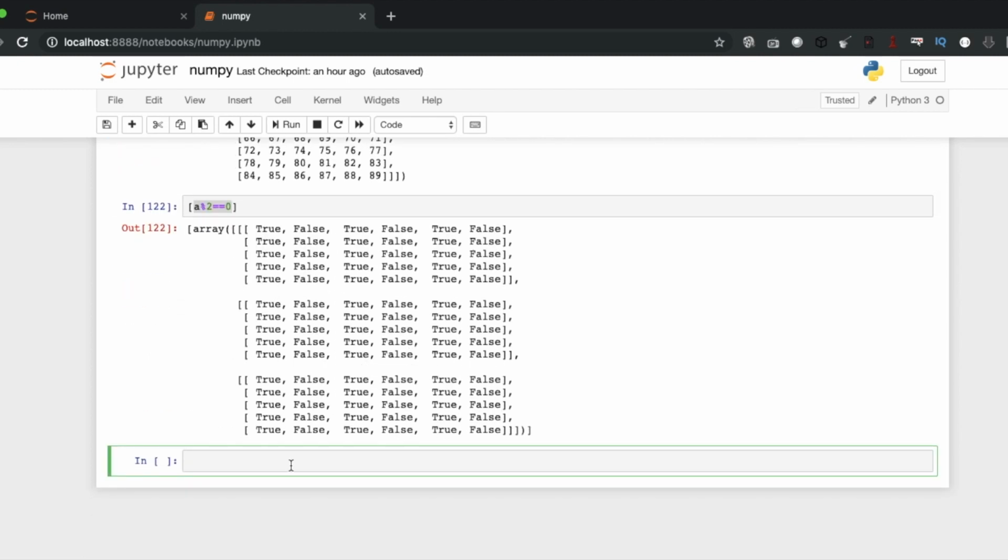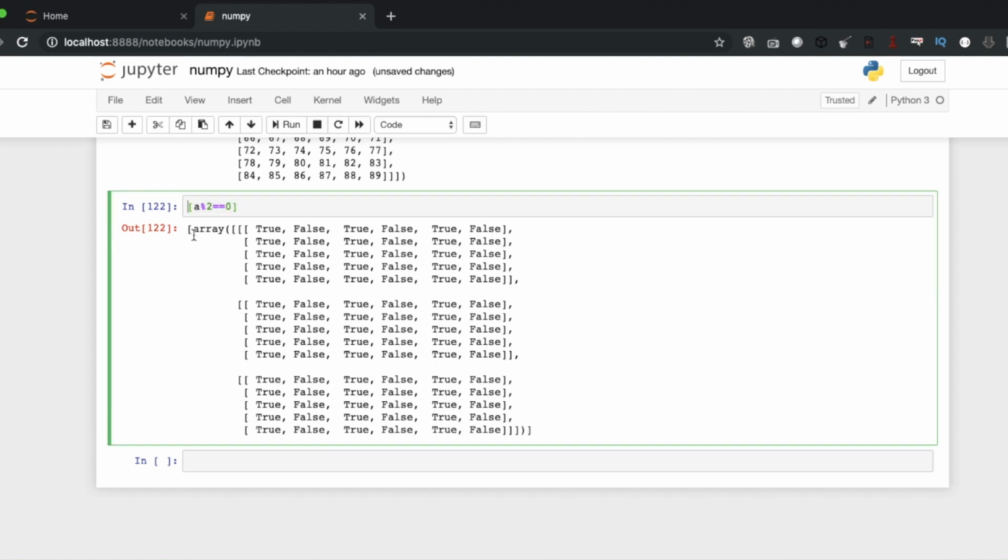Now if you want to see the values actually, let's call it a mask.